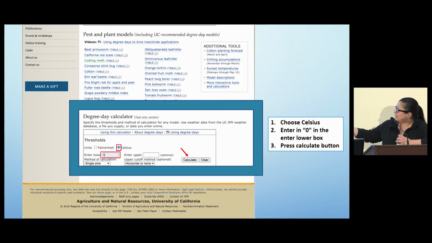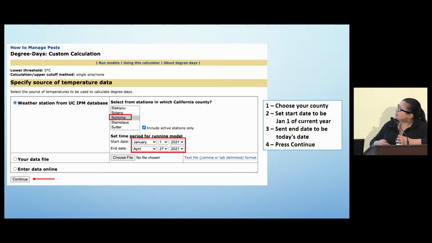Then you press calculate, which is right here, and that takes you to the next page. And so you're going to choose your county. I chose Sonoma because I'm in Sonoma County. You want your start date to be January 1st of the current year that you're looking at. I took this screenshot in 2021, so I have January 1st of 2021, and you want your end date to be your current date, whatever date you're running the program. And then you're going to press continue at the bottom,